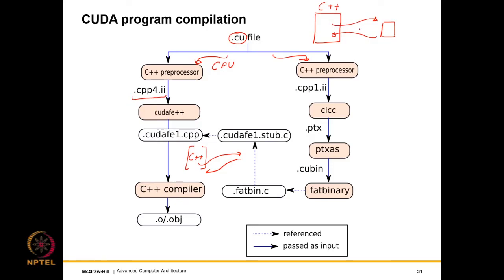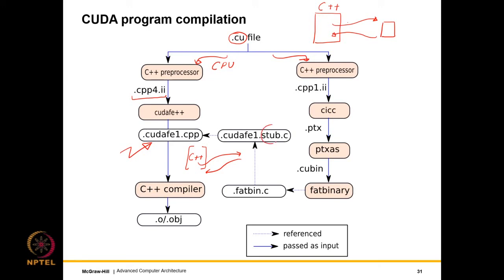This is the typical process. When the user is writing the code, the user simply writes C++ code for the CPU and the GPU, but all of this internal plumbing, which means setting up the arguments, setting up the data, actually calling the function on the GPU, which involves many low-level calls, and again getting the data back, all of this code also has to be injected automatically into the C++ code. So that is what this file stands for. And also, of course, a bunch of files are generated.